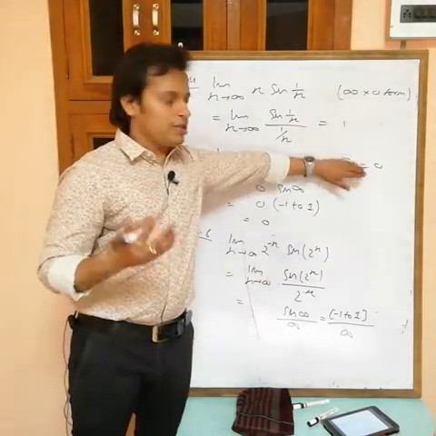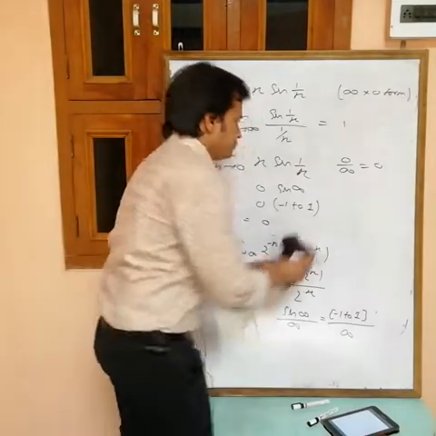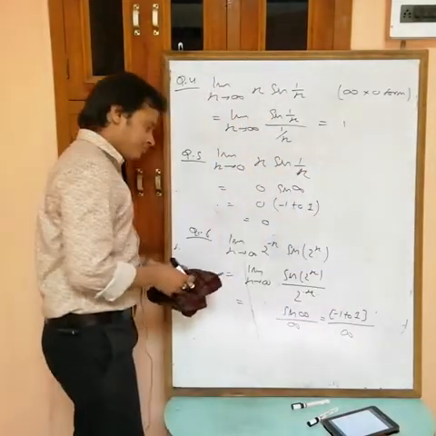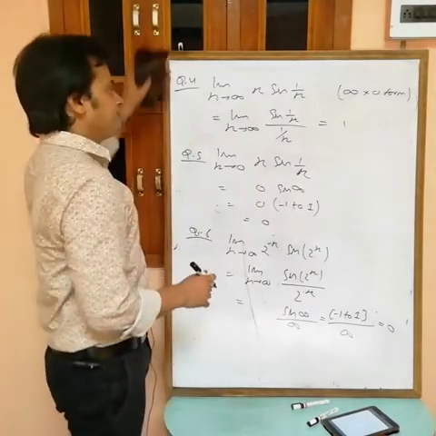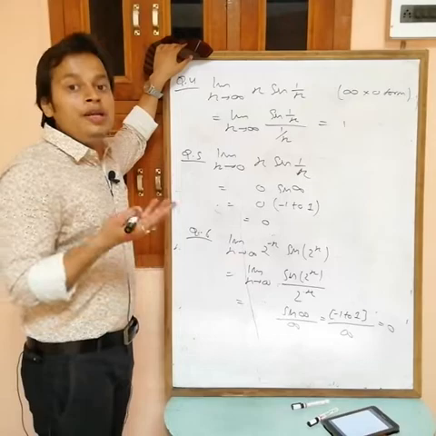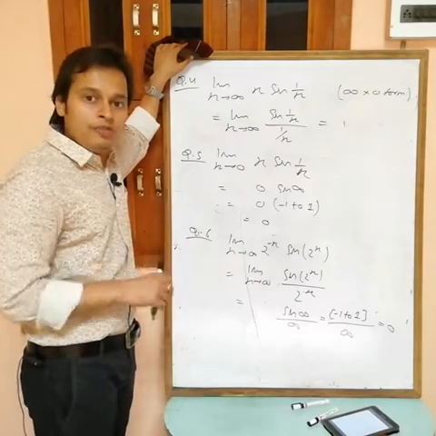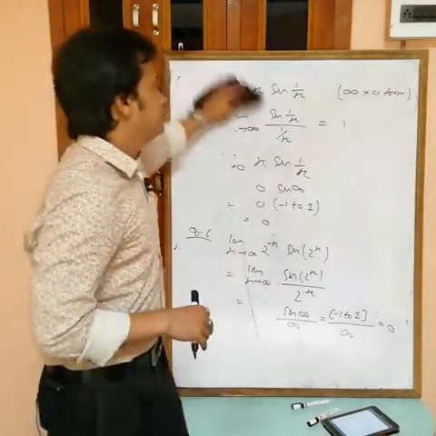See this one, we are getting 0. Anything by infinity is again 0. So no confusion. Write down, so this is equals to 0. Use method of limit for indeterminate form. If you are getting determinate form, then directly find the value. Okay.